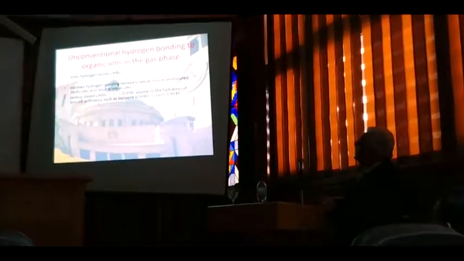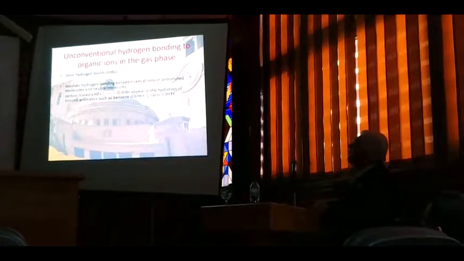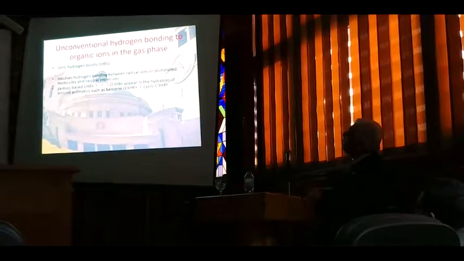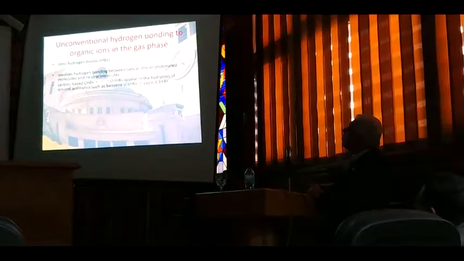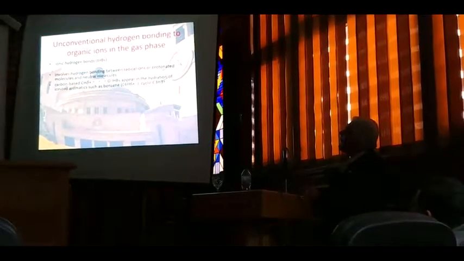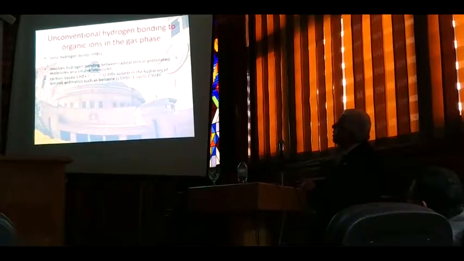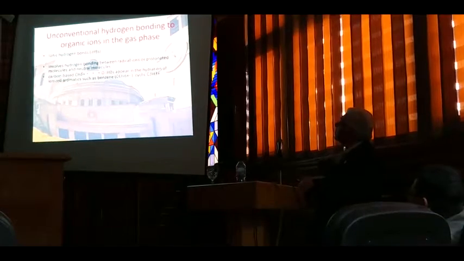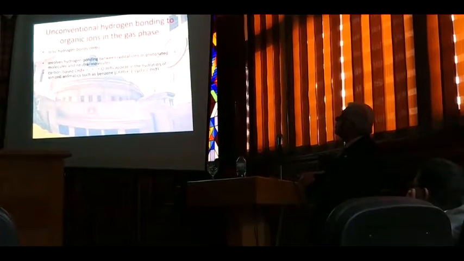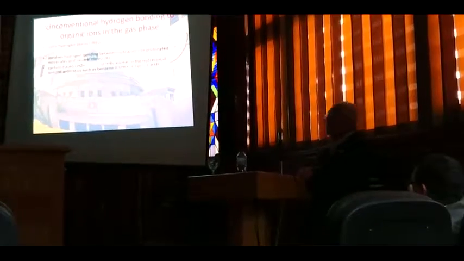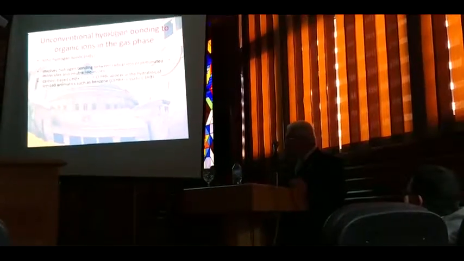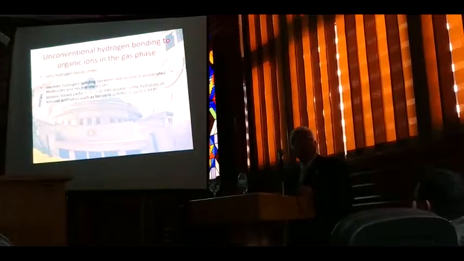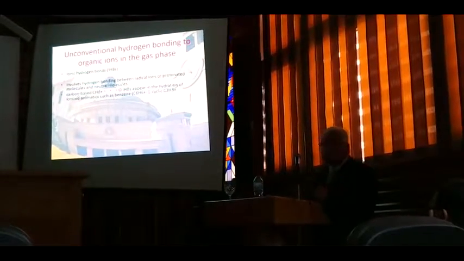Hydrogen bond between an ionized charged hydrocarbon containing CH, and this is the ionized thing, and oxygen and nitrogen or a pi cloud here. This is the unconventional thing. This comes from when you have ionized protonated benzene or cyclopropane or any kind of heterocyclic compound like the one we were talking about. This kind of hydrogen bond is stronger than the conventional hydrogen bonds.